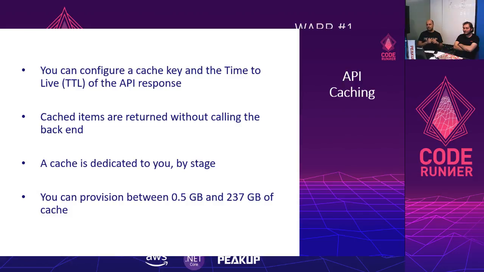You choose a pricing tier, and when you choose your cache quantity between these limits, your pricing details are determined. So it also changes. And this cache is dedicated by stage. So you may not want to use cache in the development stage, but you want to use it in production. API Gateway allows us to choose the stage to use this caching mechanism,